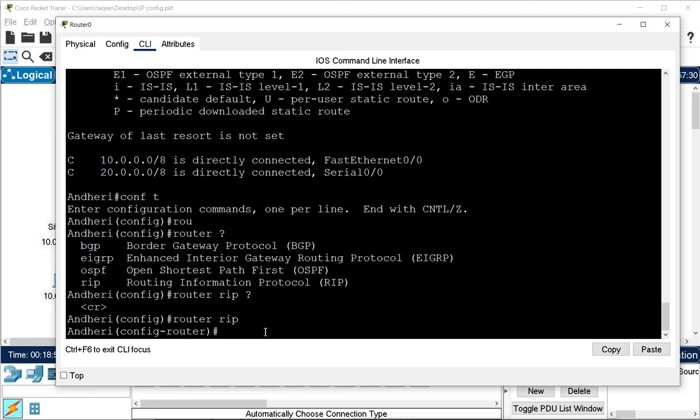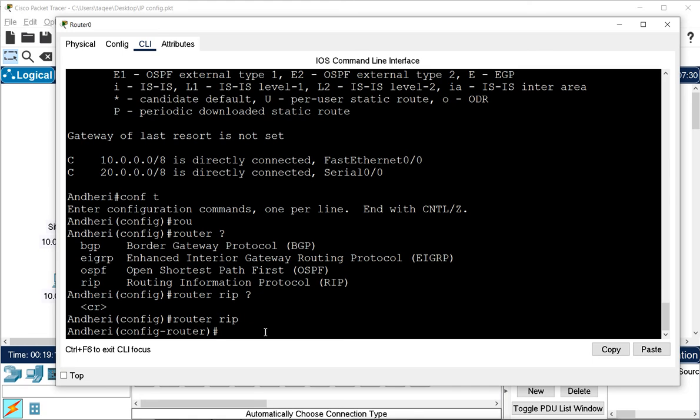Now when we are configuring the RIP protocol, RIP has two versions, version 1 and version 2. Version 1 was the old one, and version 2 is the updated, latest version.